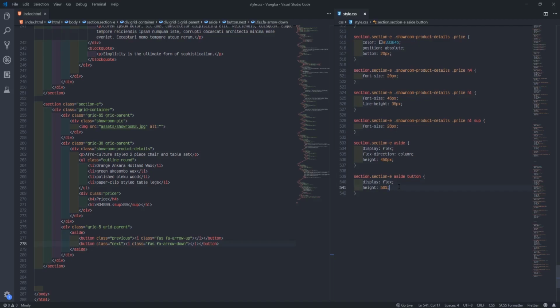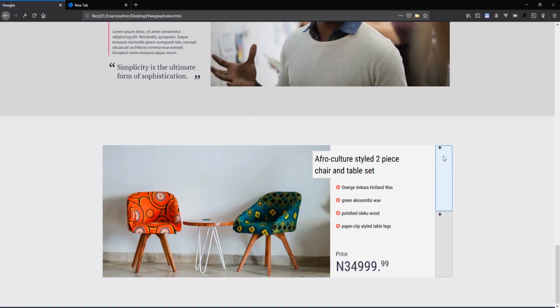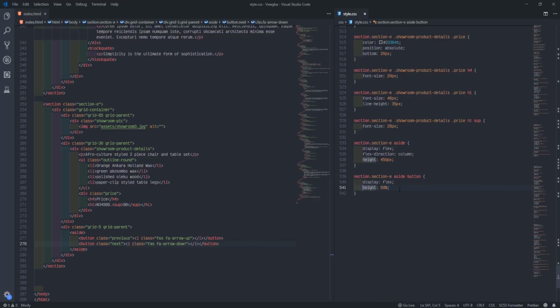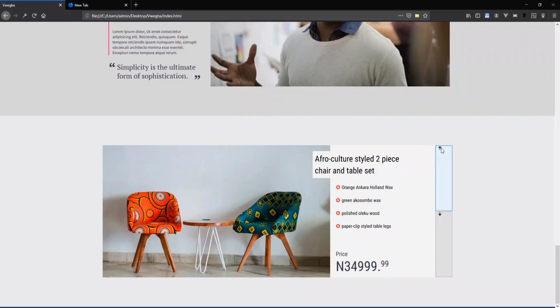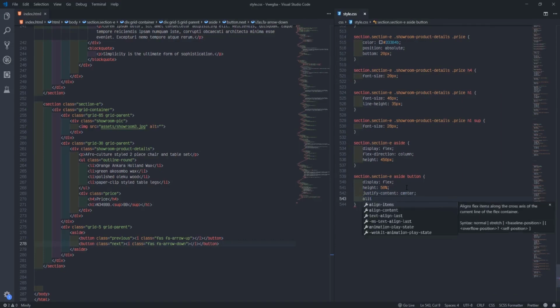Then justify, so that this one will be centered. Since I said flex now, I'll just say justify content center, then align items center.